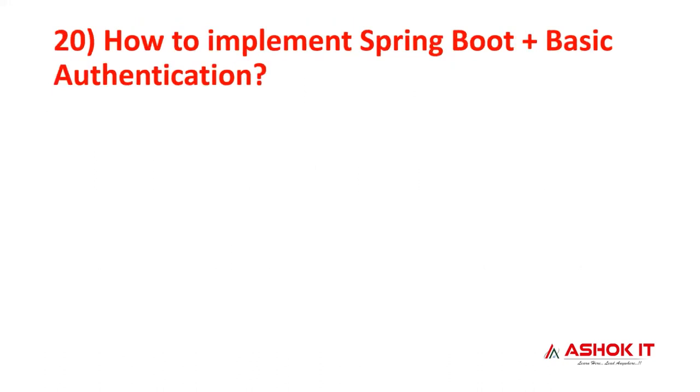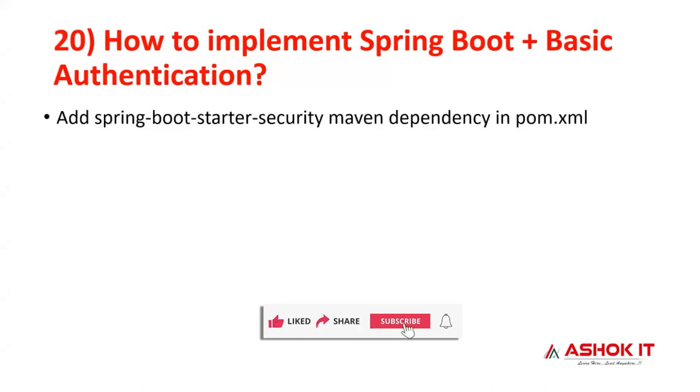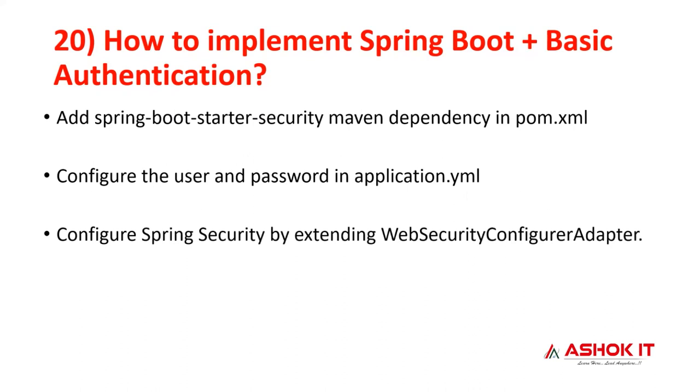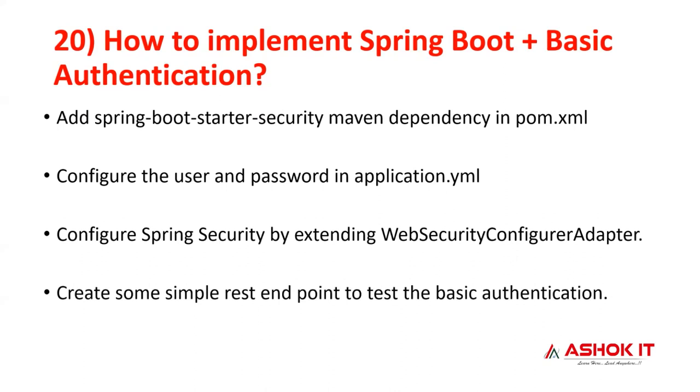Question number 20, how to implement basic authentication in Spring Boot. To implement basic authentication, you need to create a Spring Boot application with the dependency spring-boot-starter-security, or you can add it manually in pom.xml. Then in application.yml, you need to mention a default username and default password. You can define a security configuration class, that is WebSecurityConfigurerAdapter, and define some